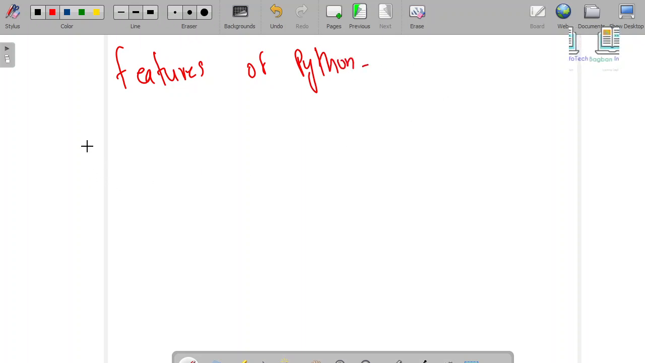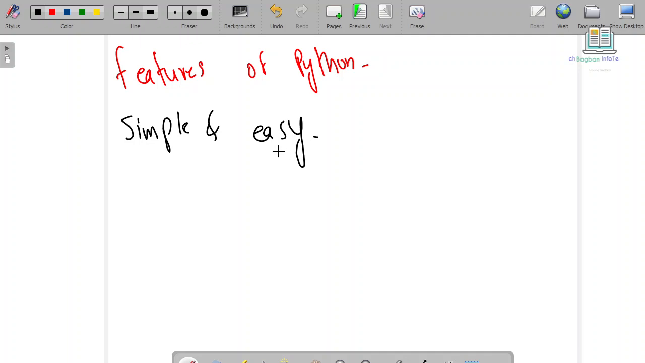So Python is simple and easy to learn and understand, and its syntax is very similar to the English language. And second, for example, in other programming languages, for example C, if I took C to show this hello world